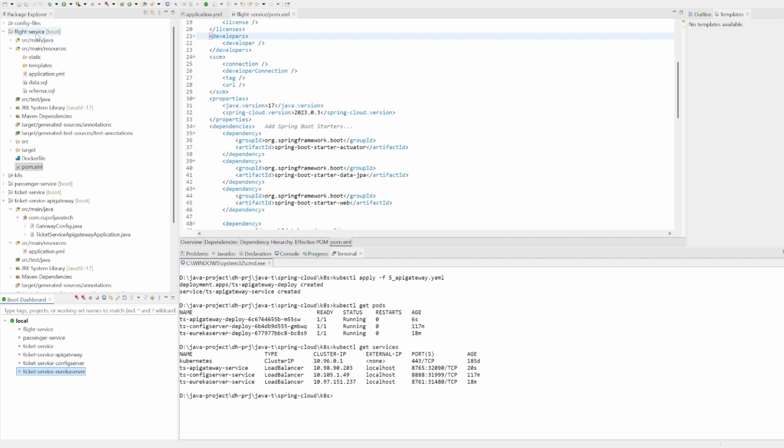So there are three microservices we are going to use: flight service, passenger service, and the ticket service. These three microservices are very similar. The approach to develop those services is very similar. They are very simple applications. So if I look at the POM file of